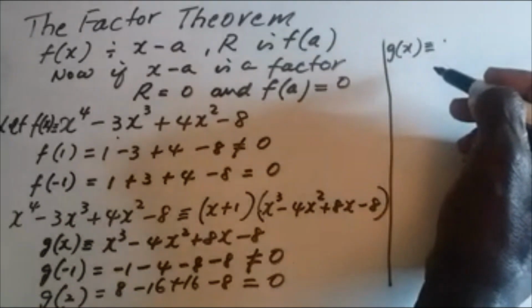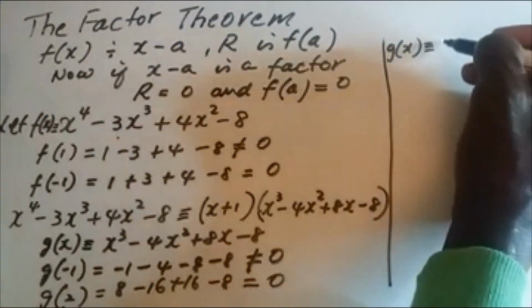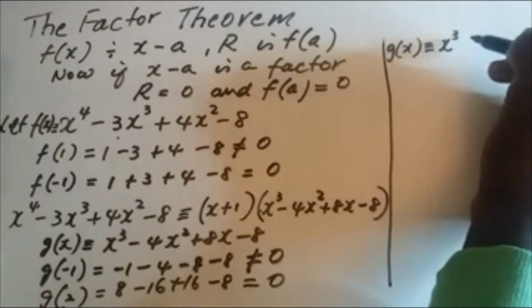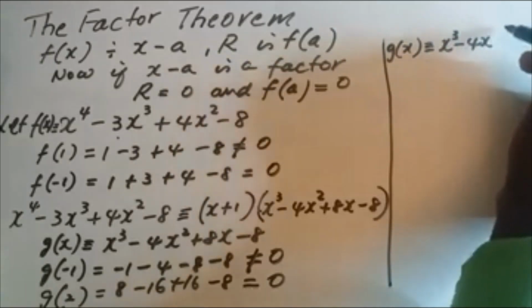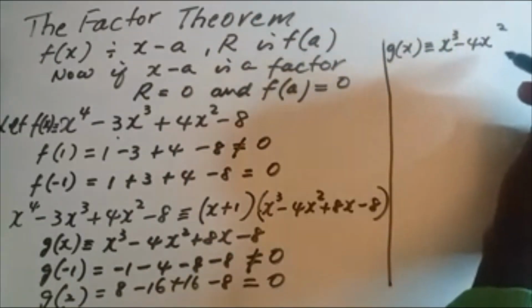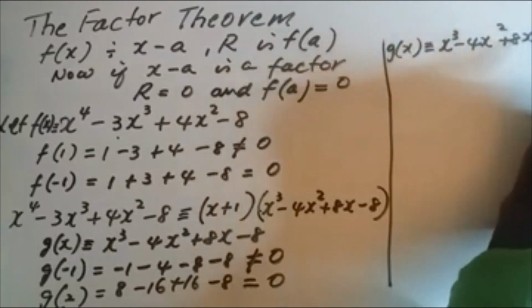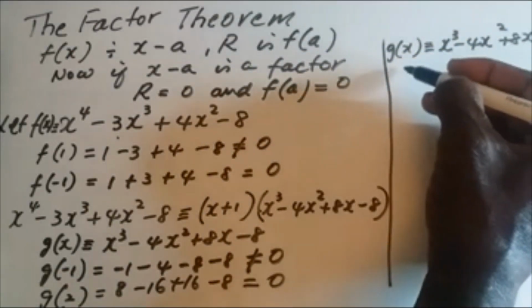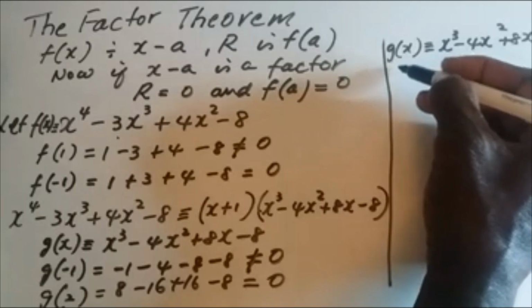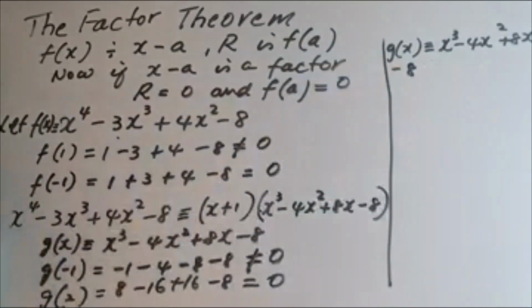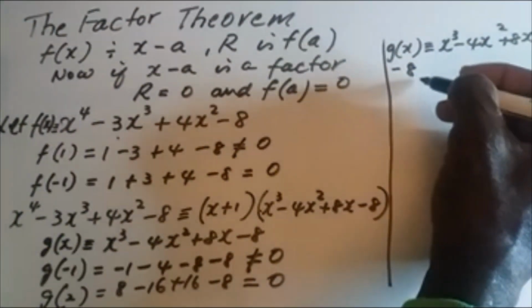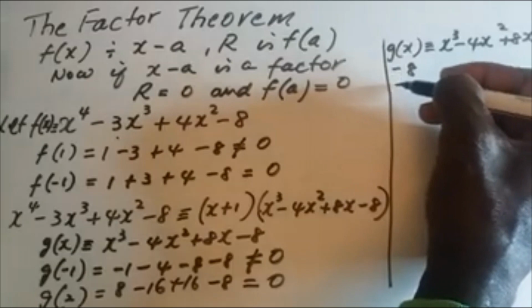Oh, x cubed minus 4x squared, add 8x minus 8, yes, and that's equivalent to,